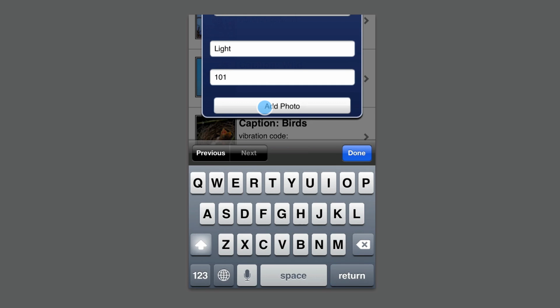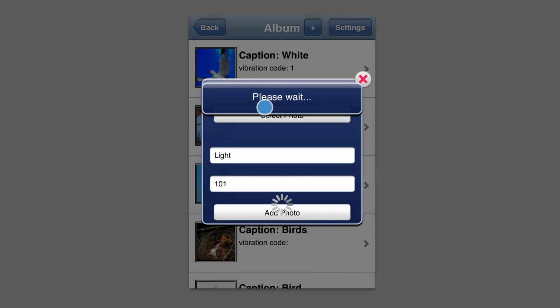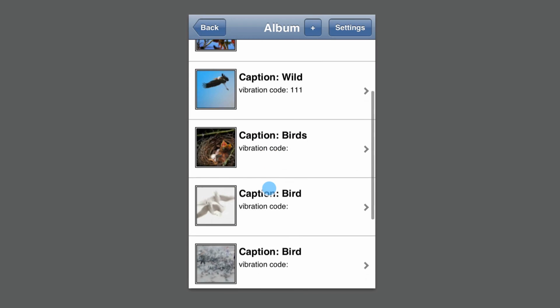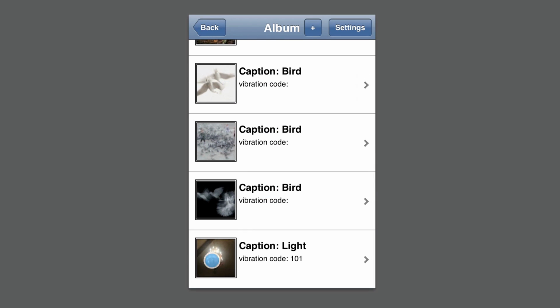And we touch Add Photo. And now you'll notice that after a little bit of pause, it's going to upload the photo there. As we scroll all the way down to the bottom, we can see that the photo that we had on our iPhone has been added to this particular folder. So now that we have created this album,